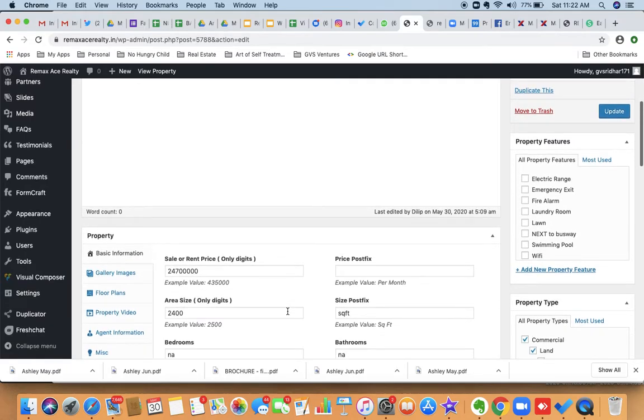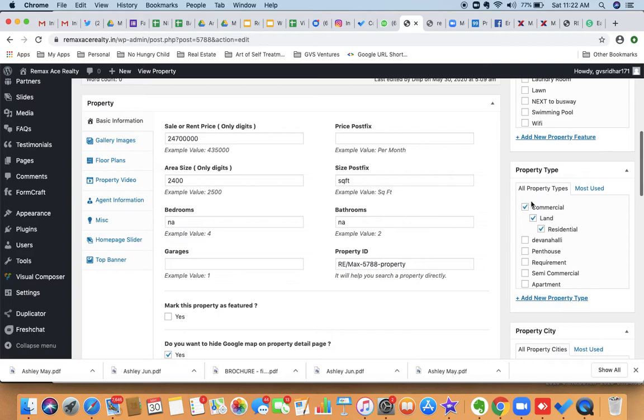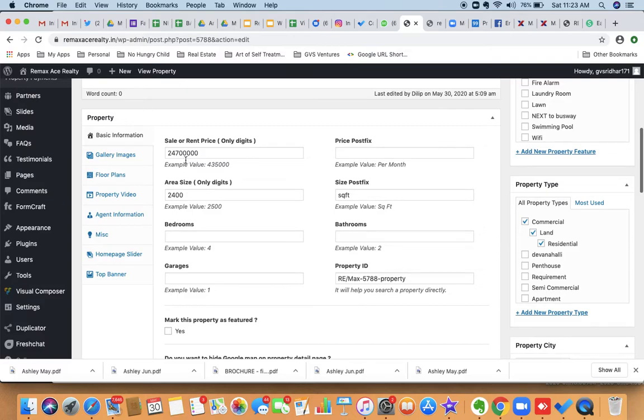Now first of all, on the right side, it is a commercial lot, it's fine. Not applicable is not required, you can just leave it blank here. Okay, from basic information, you put this is the value, area size is correct, this is not required. Here itself you can put SFT.